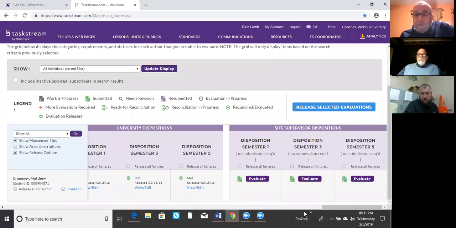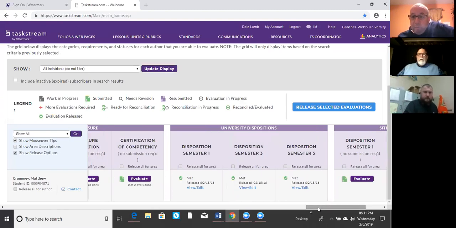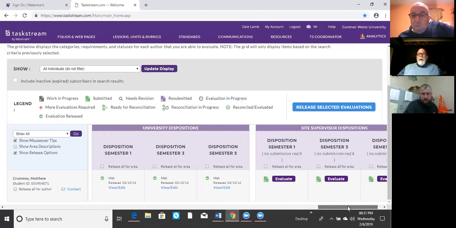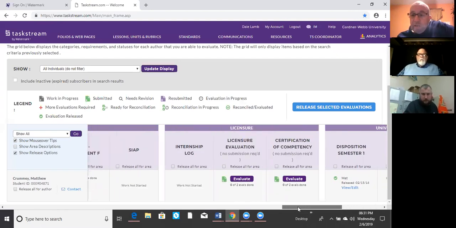Are those in there, and somebody just needs to go in and evaluate them? Is that what that's saying? Don't worry about them. Okay, go on over then. These are already done. The university dispositions are done. Okay, I'll take you three on the end. Don't worry about them. So the only thing I need to get is his internship log. You need his log. You and I can do these two, no problem.